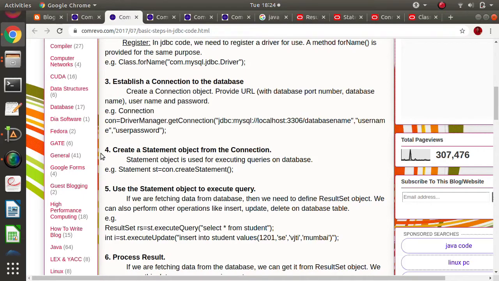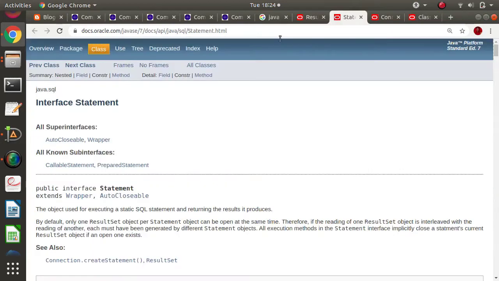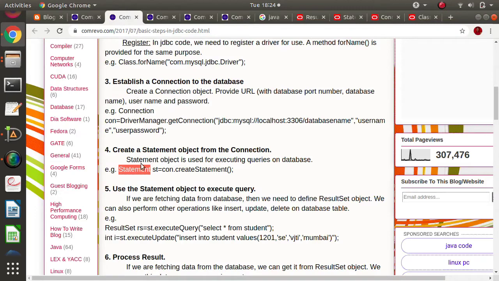Next step is that we have to perform operations over the database, and to do that we have to create a Statement object. What is Statement? Statement is an interface. You can check on Oracle Docs, the official website for the Java language. As Statement is an interface, we need its implementation.